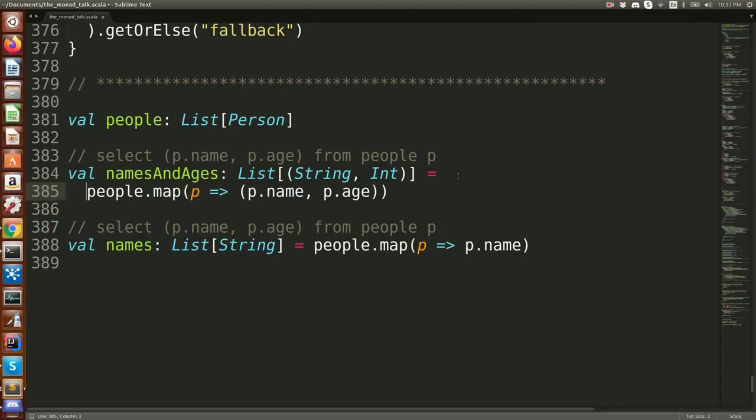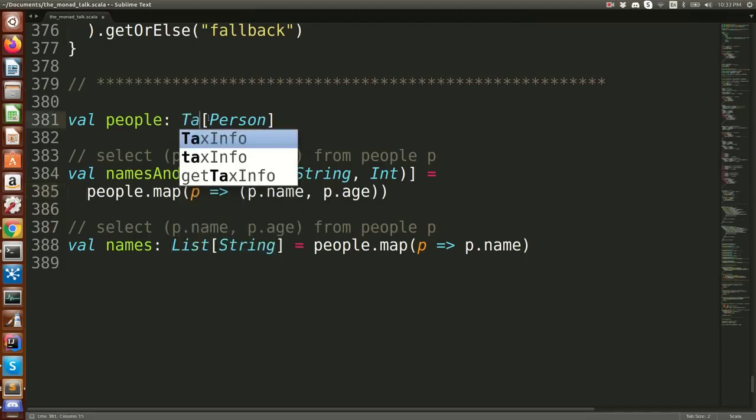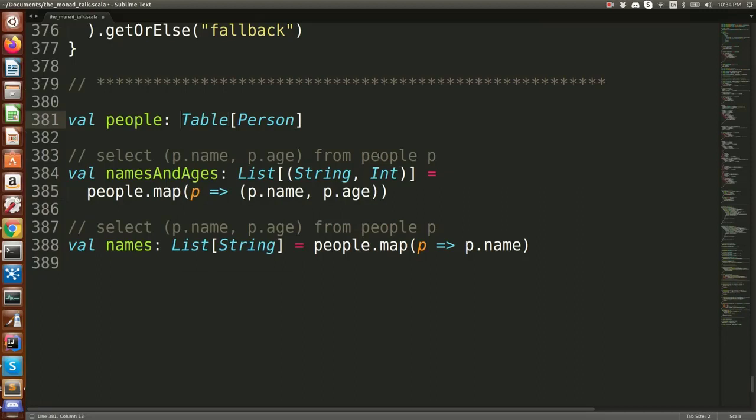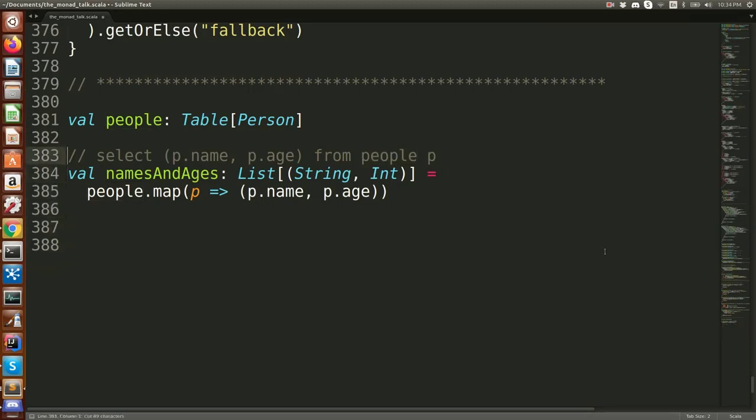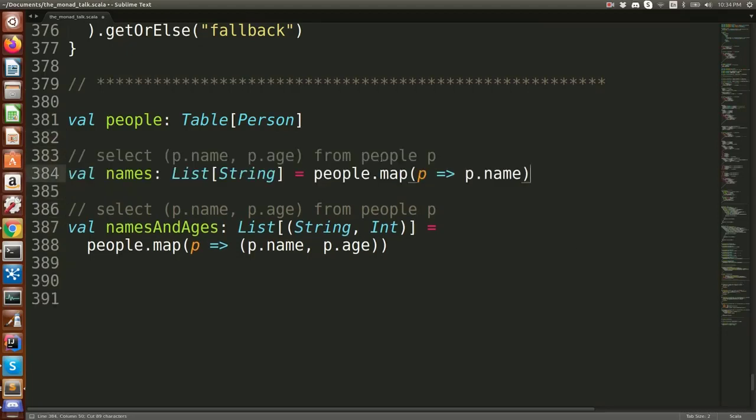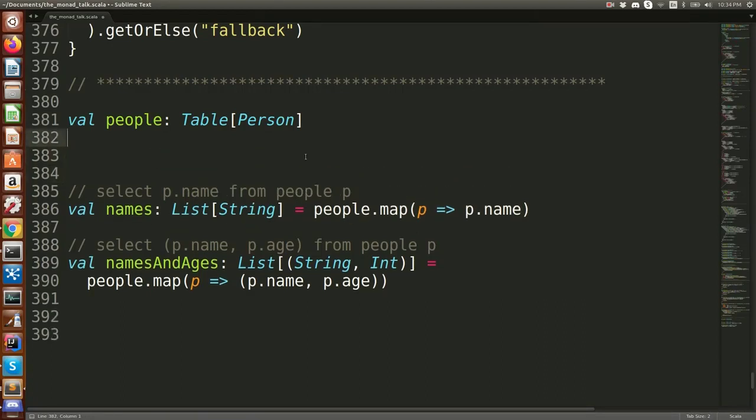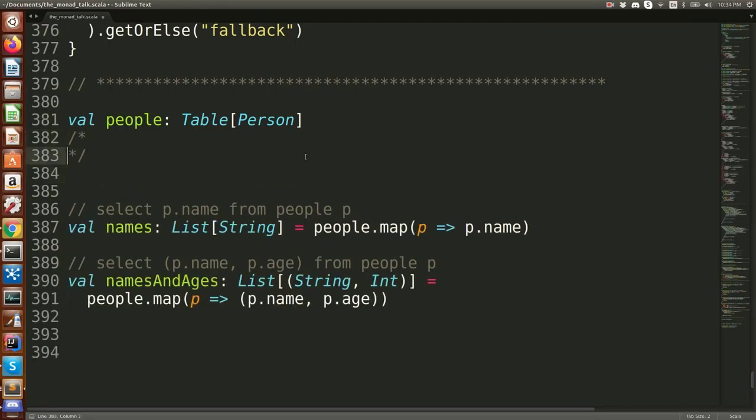Here's an interesting question. What if this is a table of person, right? Like, what if this is an actual table, like a database table of person? Well, let's start with this one because it's easier. Let's say people is a database table of person. If you actually want to find the meaning of what this is, I mean an actual, proper table, right? That's got